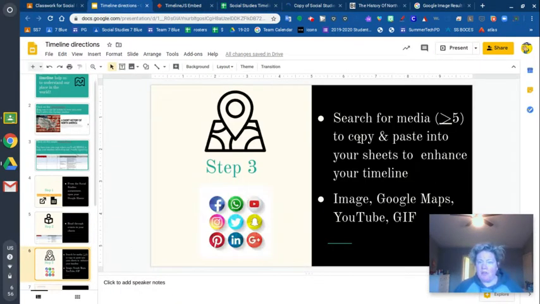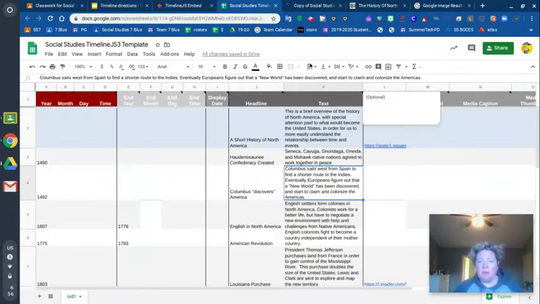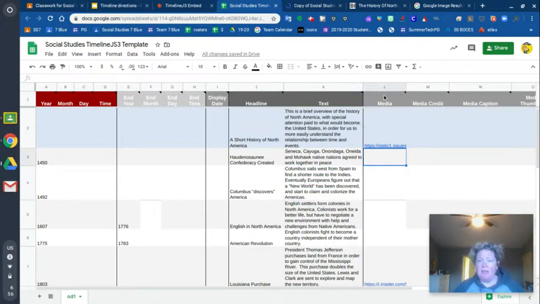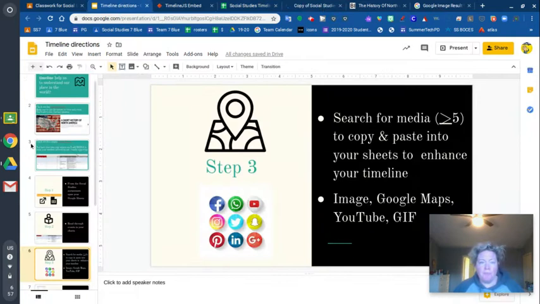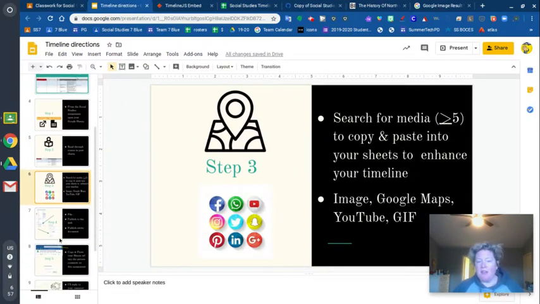Step 3, you're looking for media. So you're looking for 5 to copy and paste into where it says media over here, column L. You can't mess with these columns at all, otherwise it won't work as a timeline. So you're just looking for media in L. Once you have your 5 done, or you can always do more if you want to be an overachiever,